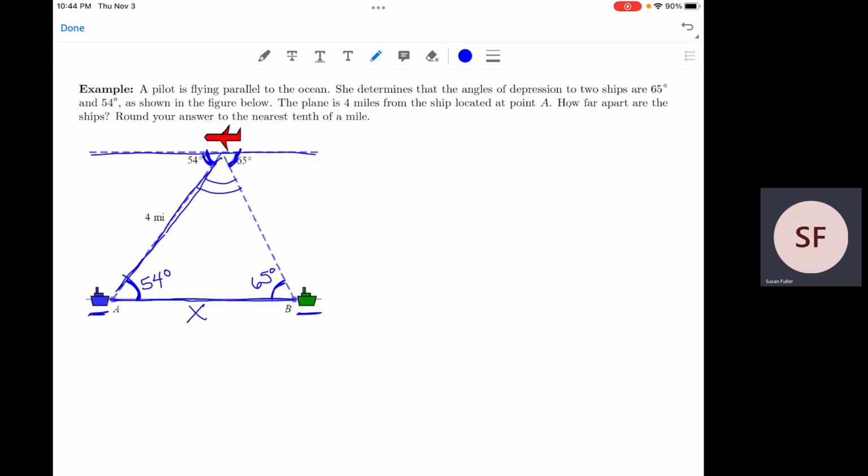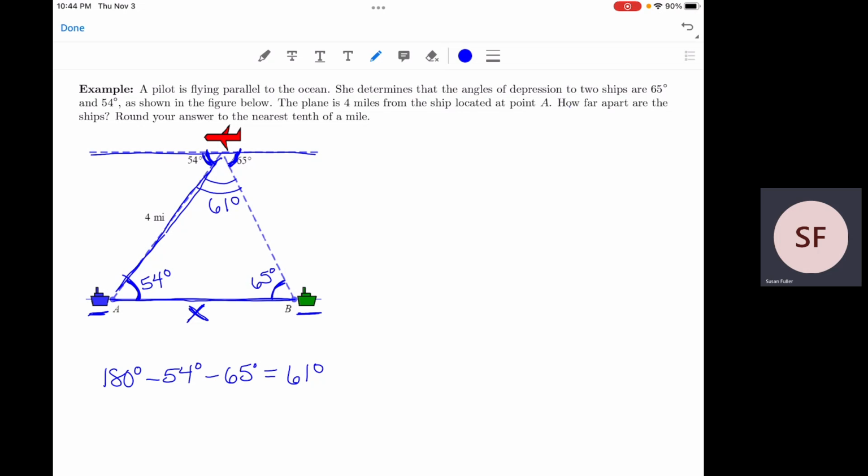So this one up here, I'm going to find that by subtracting from 180. So I'm going to do 180 degrees minus 54 degrees minus 65 degrees to get that third angle. And when I do that, I'm going to get 61 degrees. So this angle up here is 61 degrees. So now we've got all the angles in our triangle,